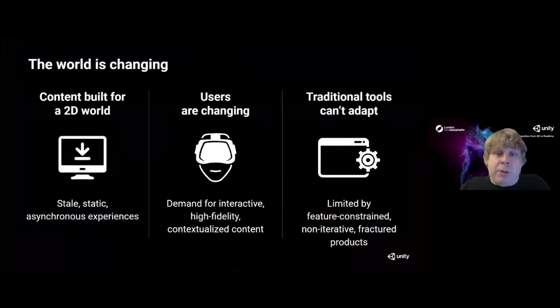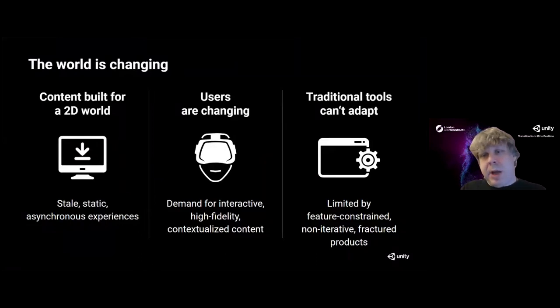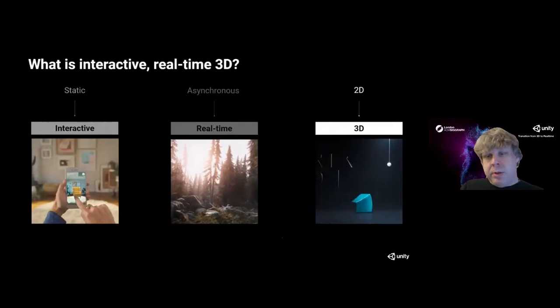Content today, whether it be the web or tablets or mobile, it's built for 2D and it's static. And we think the user experience is changing. And basically, I'm just going to riff, I think we've hit peak phone, we've hit peak tablet. We're tired of looking and scrolling through 2D websites. We live in a 3D world. And at Unity, we believe content of the future is going to be 3D and interactive. So what was asynchronous is real time, and what is 2D is going to be 3D.